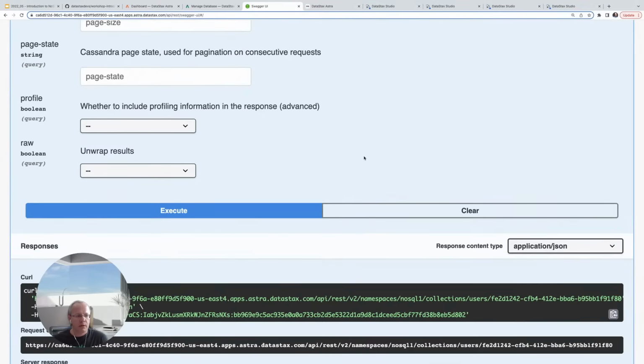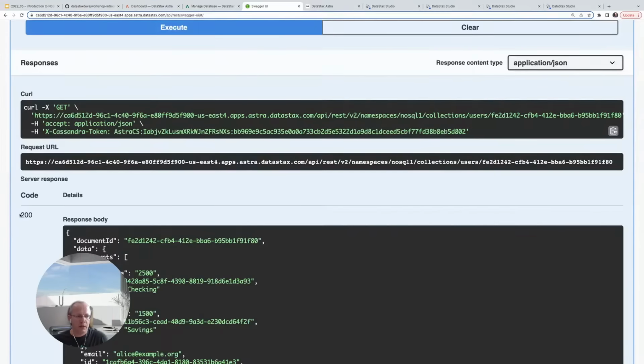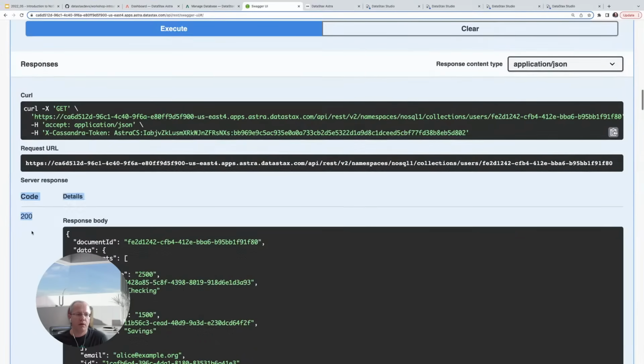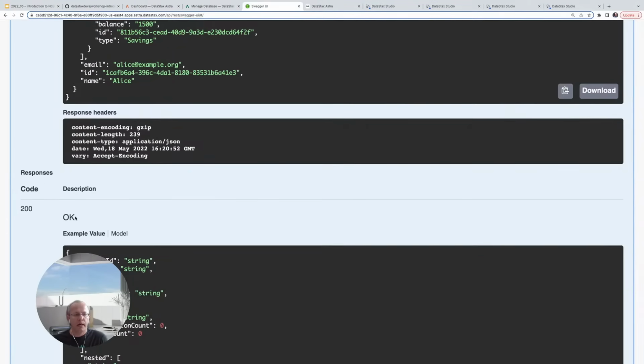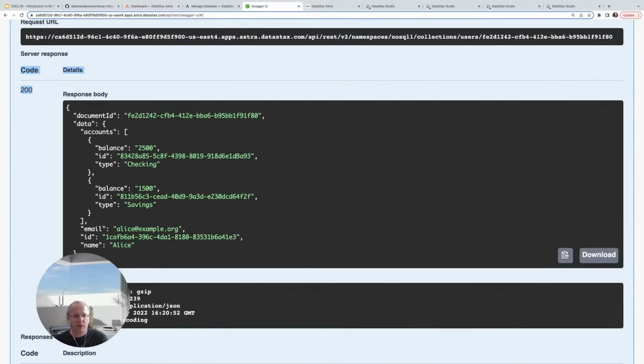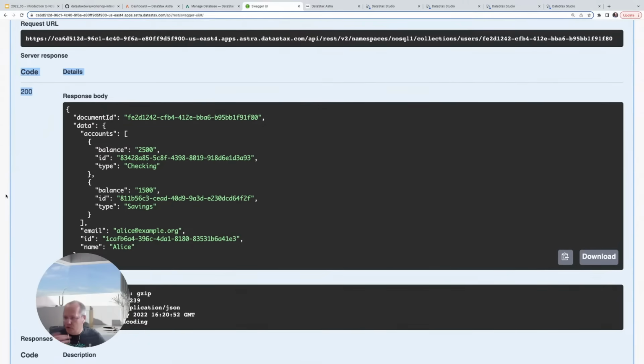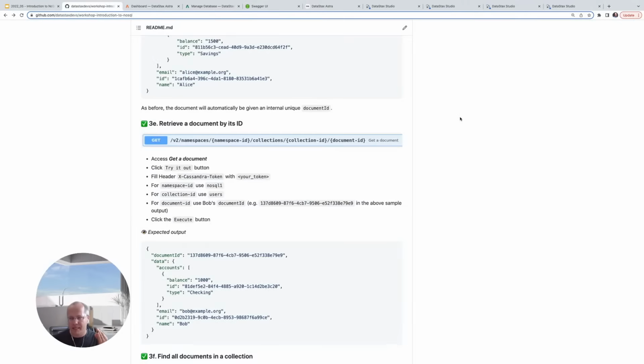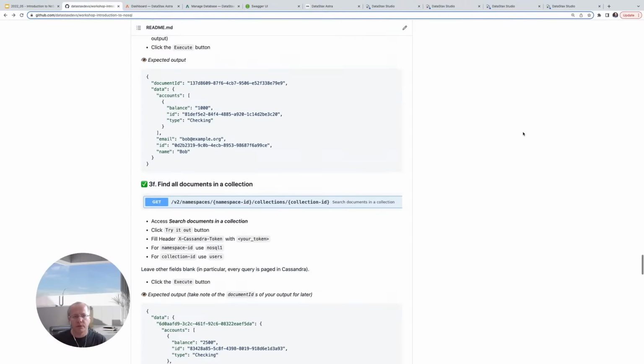The response we got is 200, which means okay. And the response body is our document for Alice, for user Alice. So we have both accounts with all the information. And that internally was retrieved from one single partition. Retrieving by document ID is a very, very efficient access pattern,